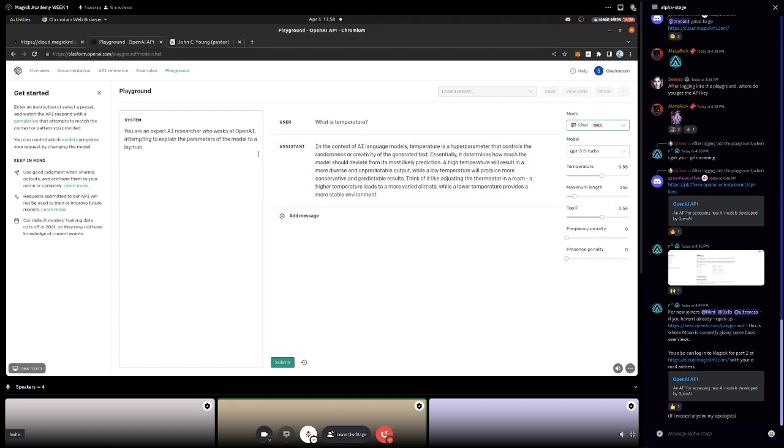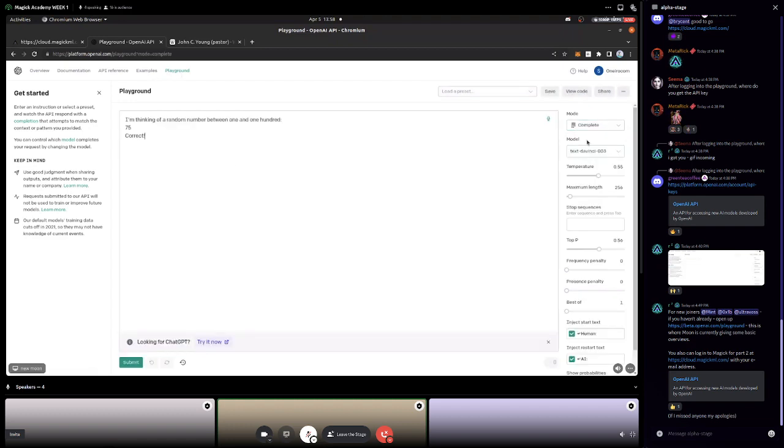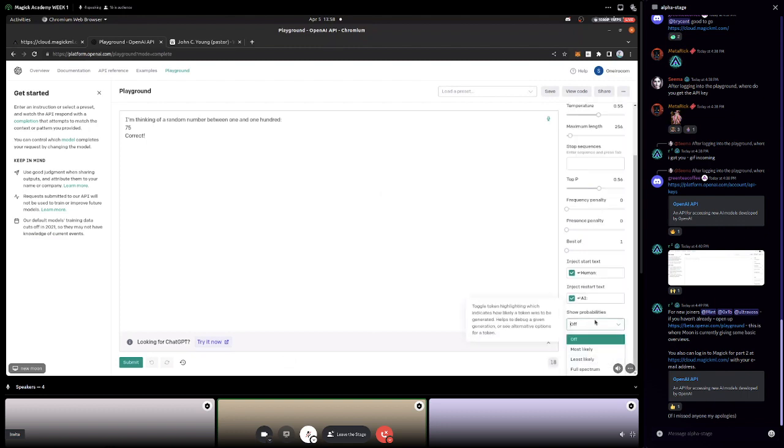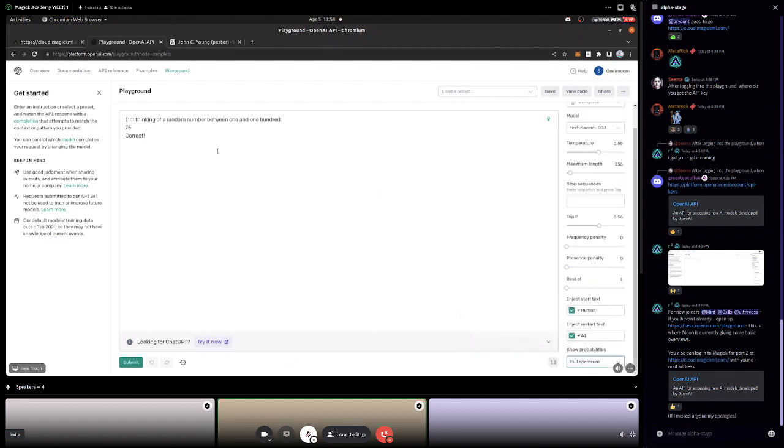I highly suggest going through and using this sandbox. I think there's one other thing I should probably show you. You can show probabilities, and I'll do the full spectrum of probabilities. What this does is it shows me the log prob of a token. Oh, and we should probably get into that next. What is a token? But you can see that 42 had a 2% chance of getting rolled. So it was actually not that probable, but it did choose that one.